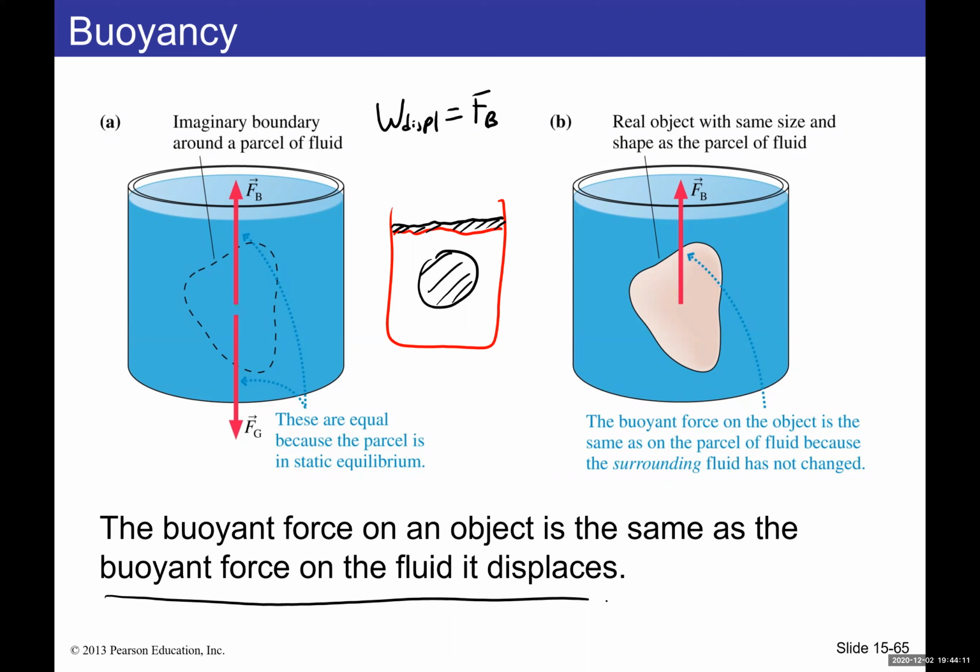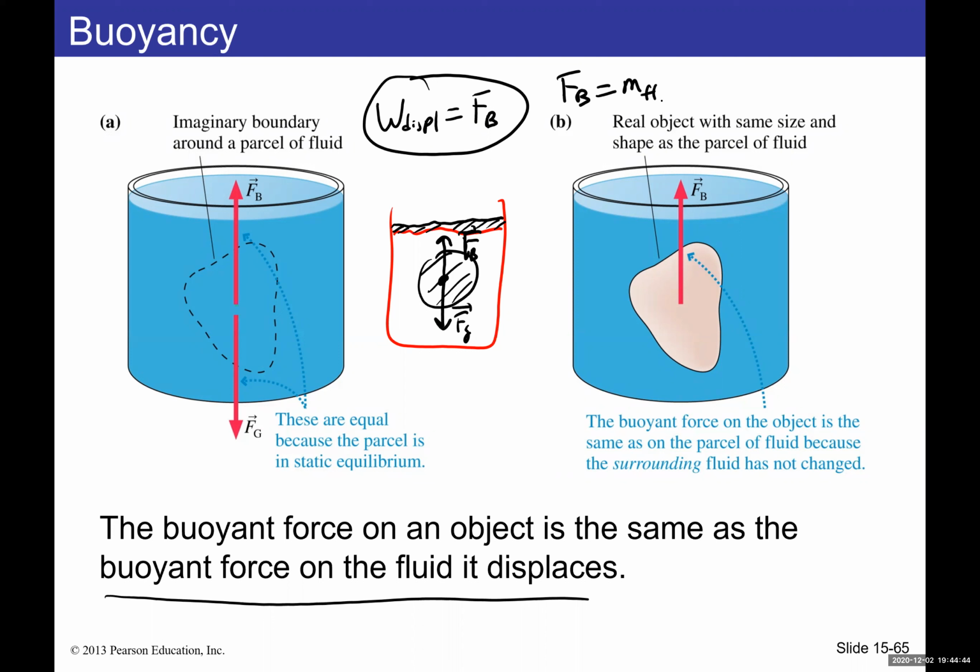Now, also one of the things we can see is that if you have the object submerged, you right away have two forces acting on it. There's a gravitational force downward, and then the buoyant force F of B upward, always acting toward the surface. This force, in magnitude, is equal to the weight of the displaced fluid. That means this is equal to